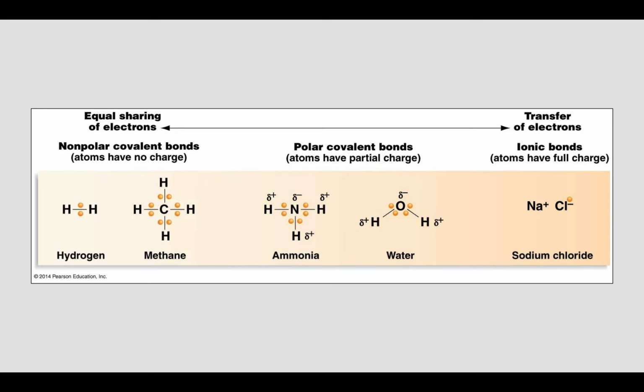So just going back over what we've talked about so far. We have those non-polar covalent bonds. Those atoms have equal electronegativities, so they're not hogging the electrons more than other atoms here. We have our polar covalent bonds, where one atom is going to hog the electrons closer to it than the other atoms in the molecule. And then we have our ionic bonds, when differently charged ions come together and form those ionic bonds.